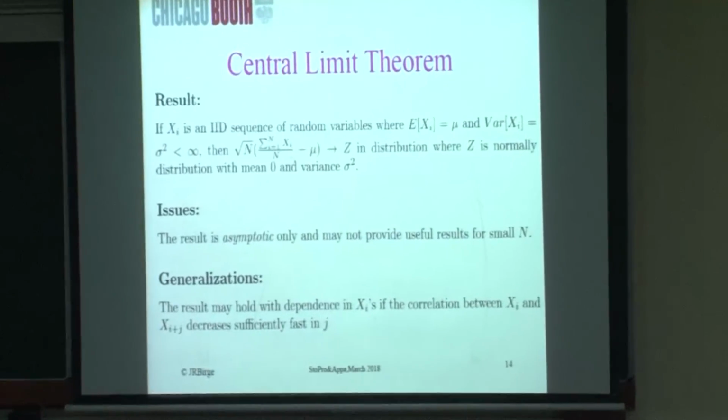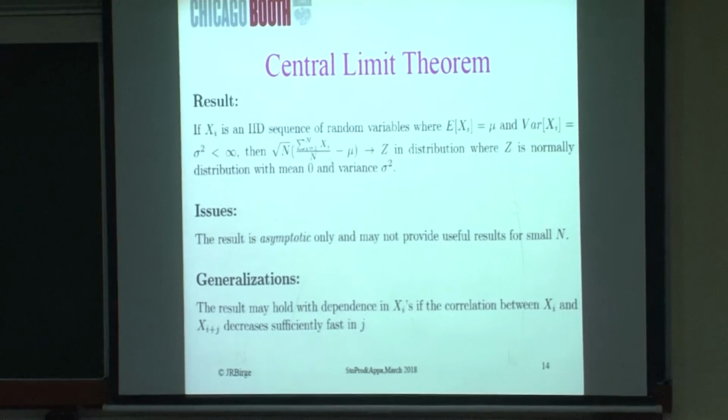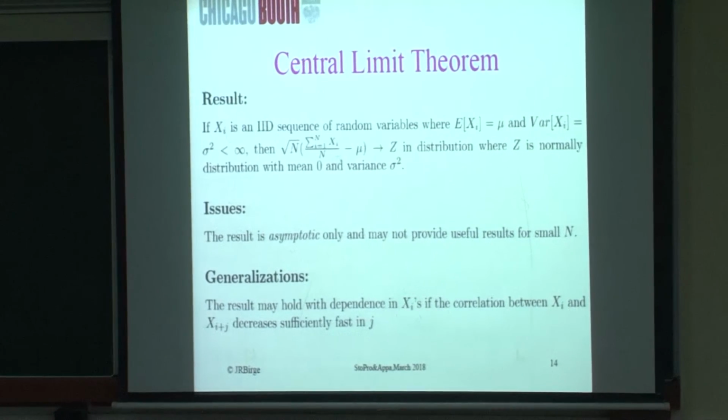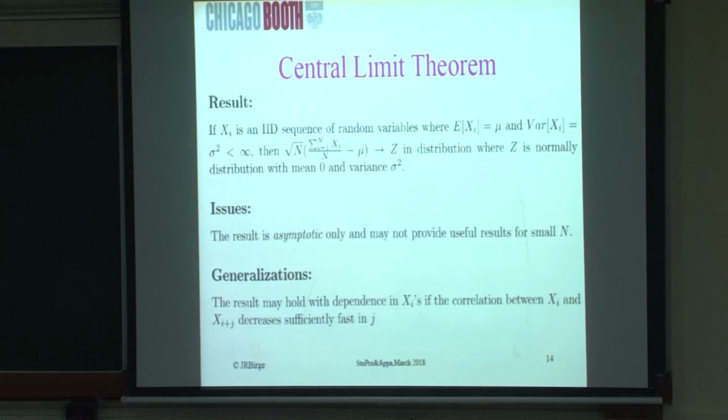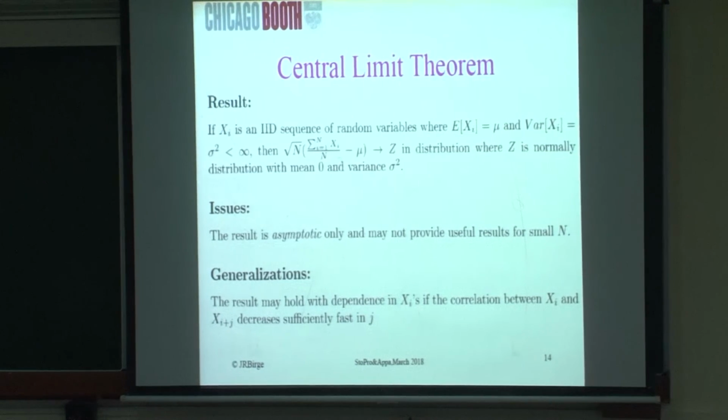But in optimization, it may generally happen. And the problem is that optimization creates dependency. It creates dependency such that this idea of having correlation going away does not hold: the correlation that's induced by optimizing is not going to go away. And that's always going to be in the optimization. So that's the key thing to remember about the central limit theorem here: when we do optimization, it will have different implications.